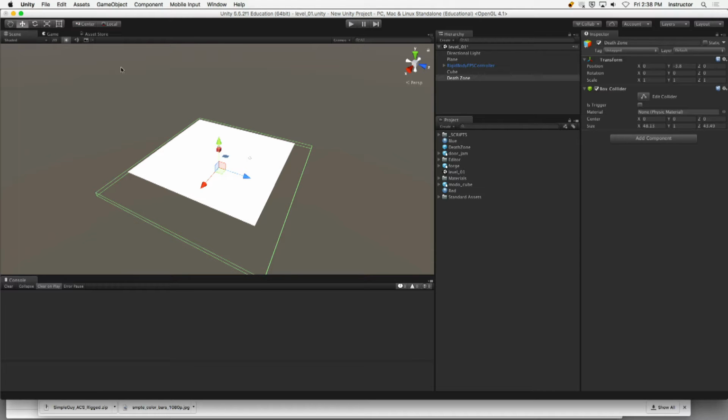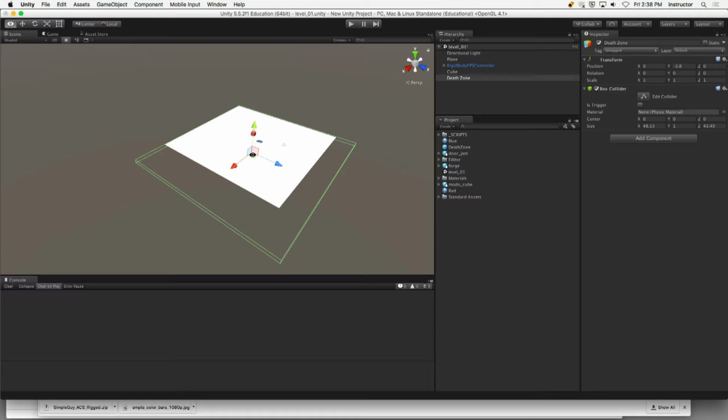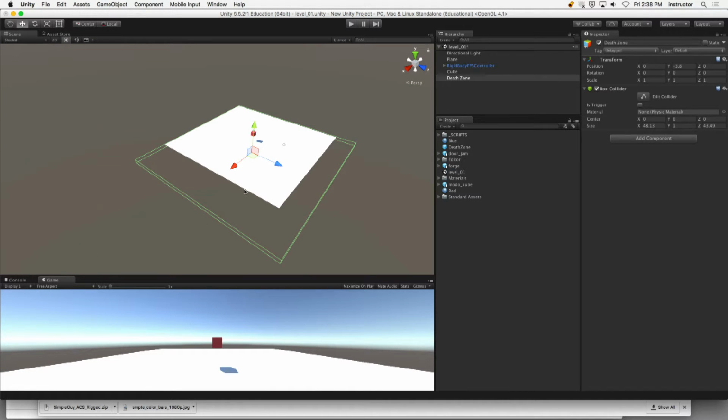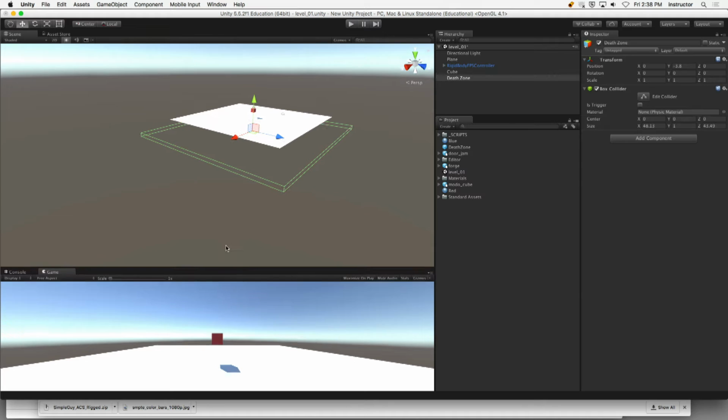If you notice how I've created my Unity scene here, or how I've changed my Unity editor, I have my editor on top, my scene view, and then the game view is kind of tucked over here into its own tab. This is actually probably a really cool thing to do. I'm going to take my game tab, and I'm going to bring it downstairs. Okay, that way I can have my editor view open on the top,